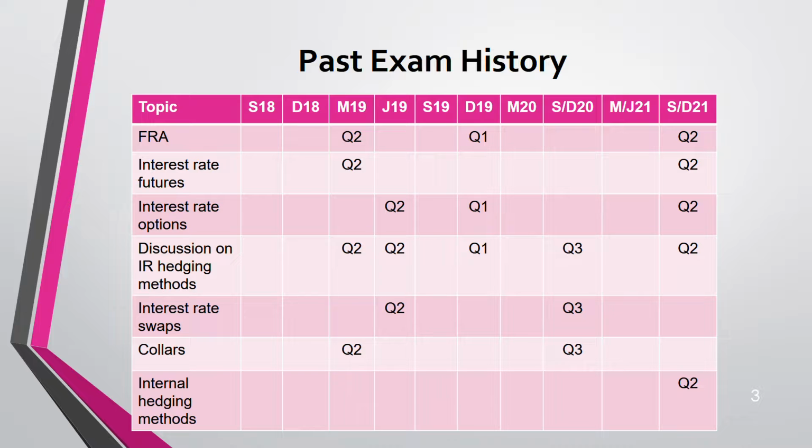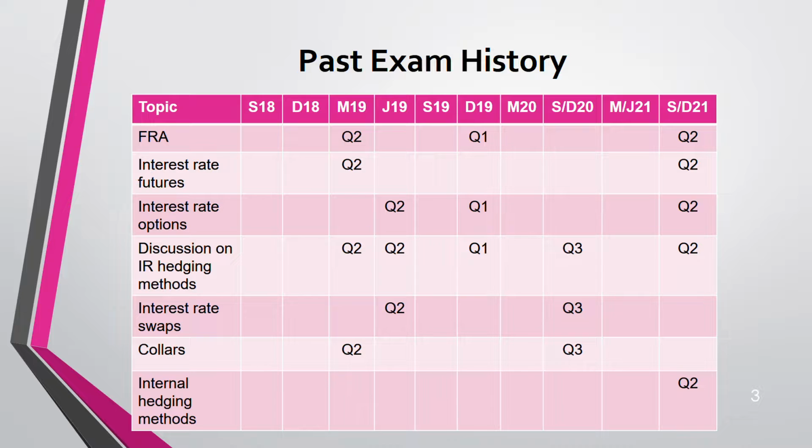Internal are what? For example, you have a payment and a receipt, but they are in the same currency. So tell me, are you going to deal with two different payments? Are you going to hedge one payment separately and one receipt separately if it's in the same currency? No, right? You are going to net them off against each other, and hedge only the net payment or net receipt. So that netting off or matching with each other, or leading and lagging payments, all these are internal hedging methods. First you do this, then you come to external.